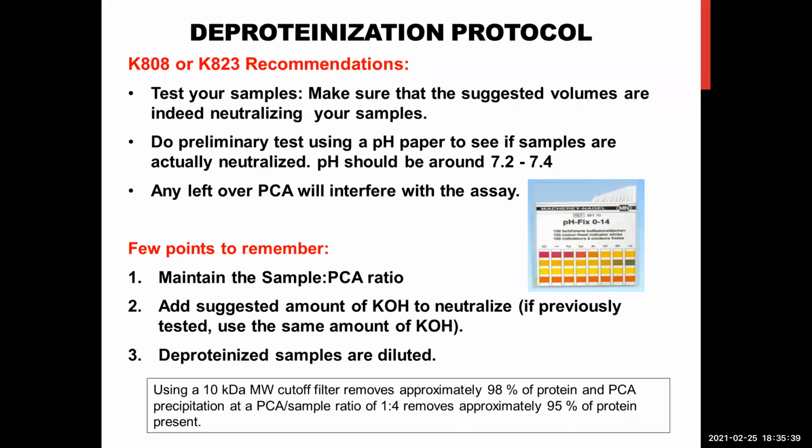So we have a couple of recommendations when you deproteinize your samples using perchloric acid or TCA. The first and most important recommendation would be to test your samples. Before you actually do the assay, simply take a test sample and deproteinize it and see how that goes. If you use K808 or K823, the protocol comes with suggested volumes of TCA or PCA to be used with the sample. You have to make sure that these suggested volumes are indeed neutralizing your sample type. So do a preliminary test using a pH paper. Once you have neutralized your sample, dip a pH paper to see if the samples are actually neutralized, because you need the pH to be around 7.2 to 7.4, a neutral pH, for the assay to work most effectively,